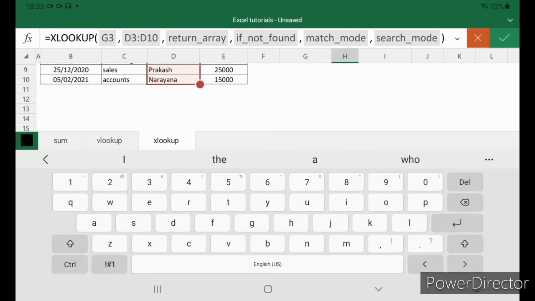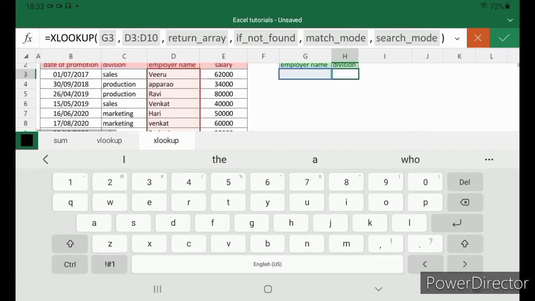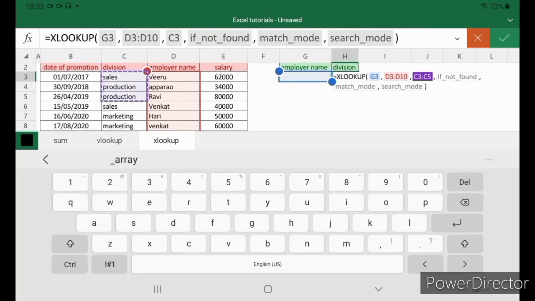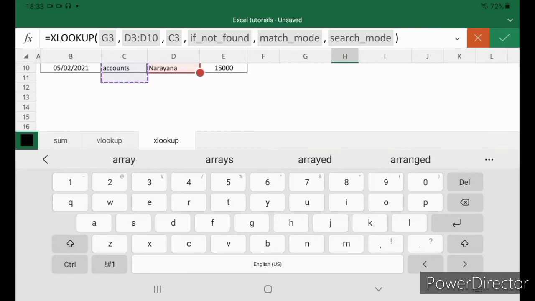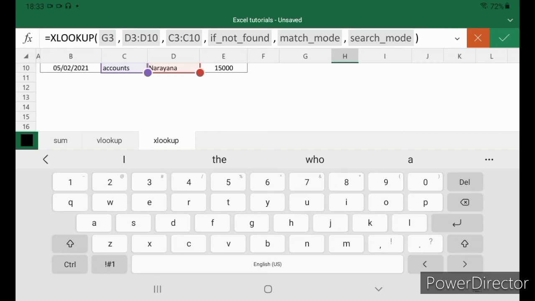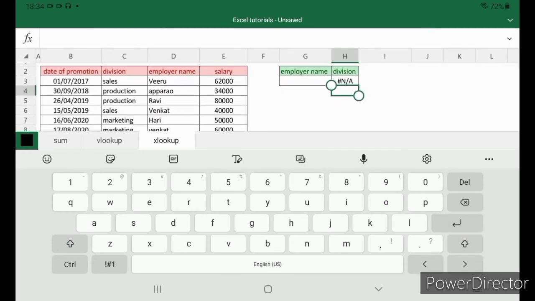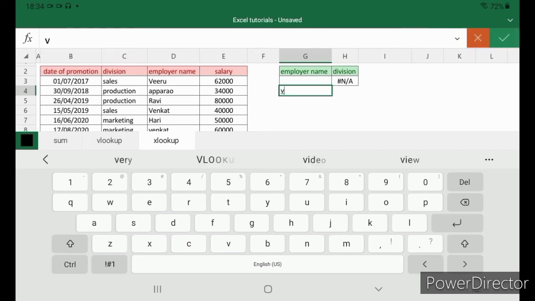Next, which field do you want? Division. Comma. Required. Close that. Enter. Once you give the employee name here,